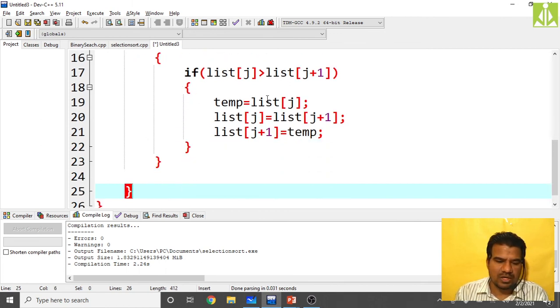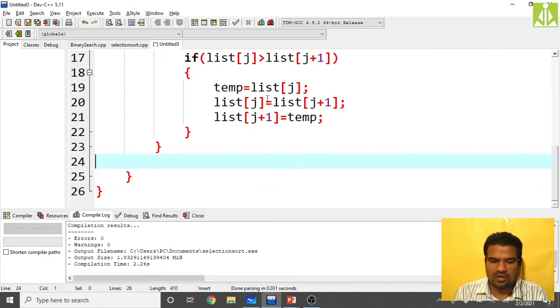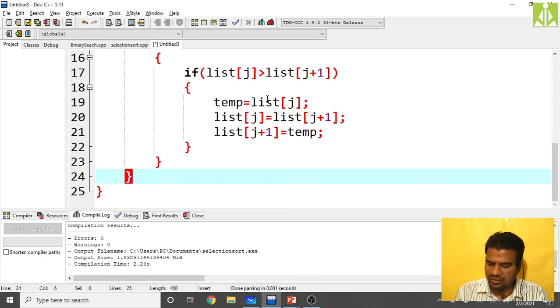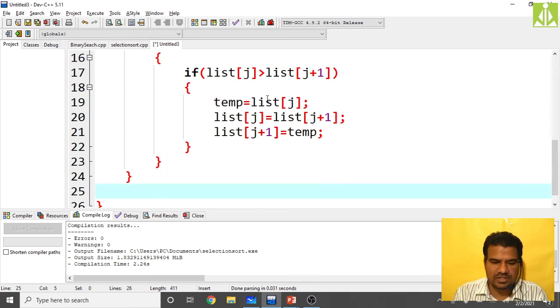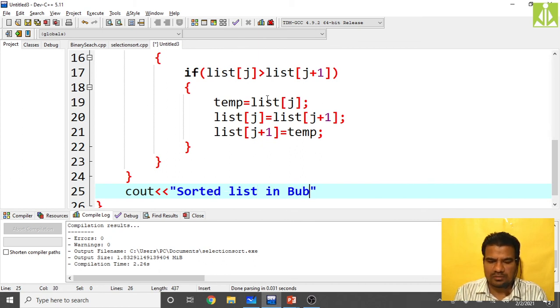Then closing the braces. If you are reaching this point, that means your list is completely sorted using the bubble sort technique. Cout, sorted list in bubble sort, backslash n, put the semicolon at the end.